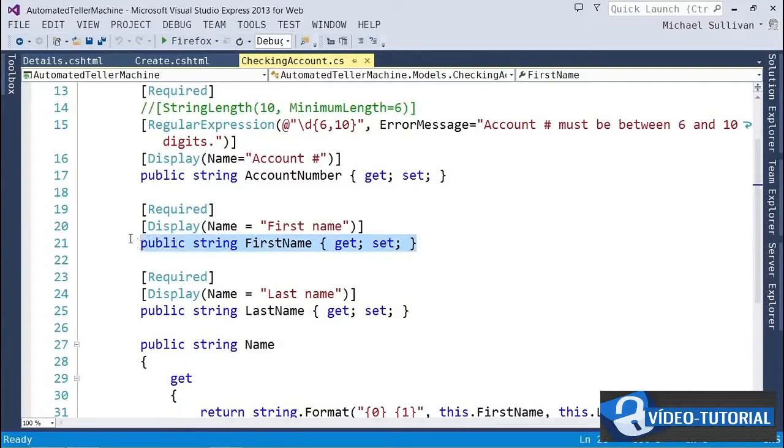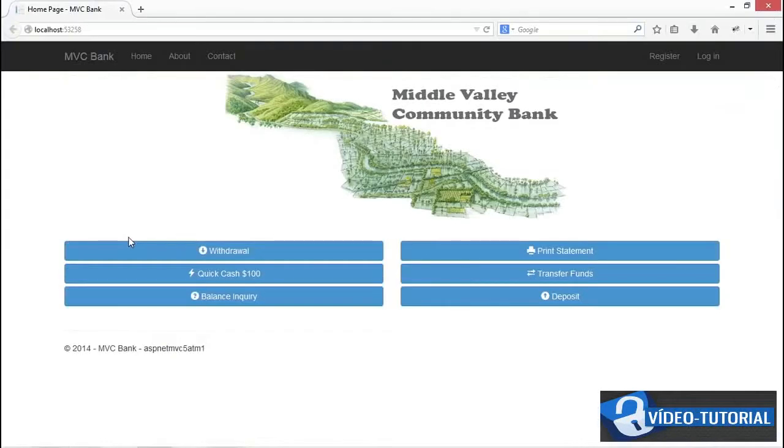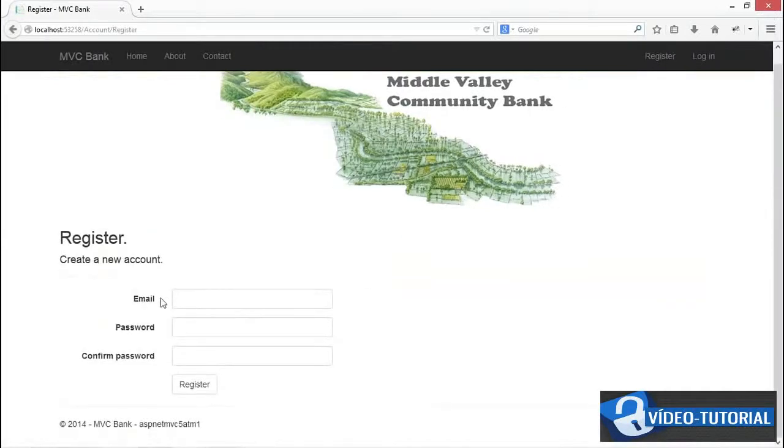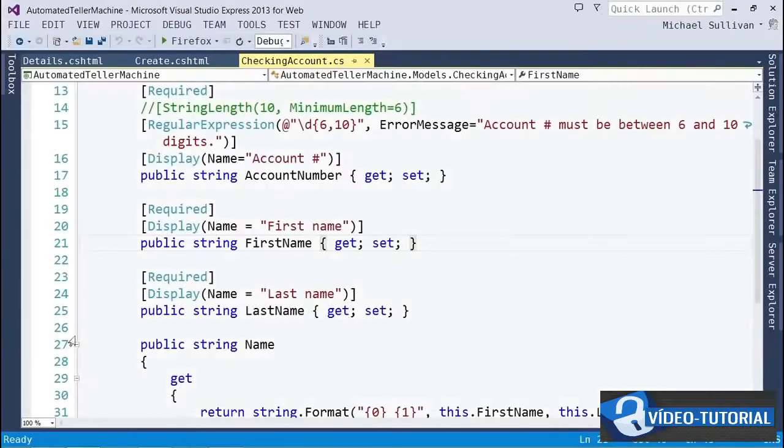This is a typical way to work with models and persisted data, and is similar to patterns in other MVC frameworks like Ruby on Rails. One thing you may have noticed already is that in the main navbar in our application, we have register and login links. The register page shows us a form with email, password, and confirm password fields. And through the magic of Entity Framework, submitting this form will actually create a new database and insert a new user record. We'll be talking about how all that works in the next video, but for now,